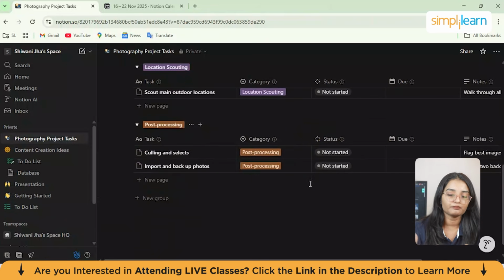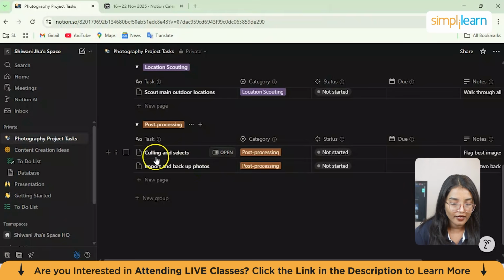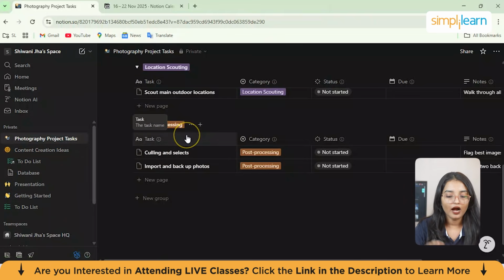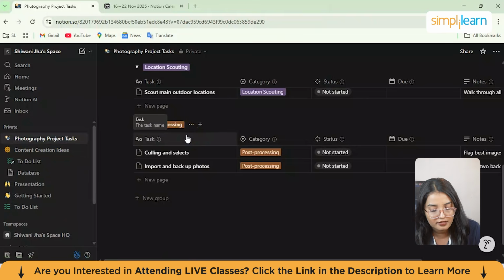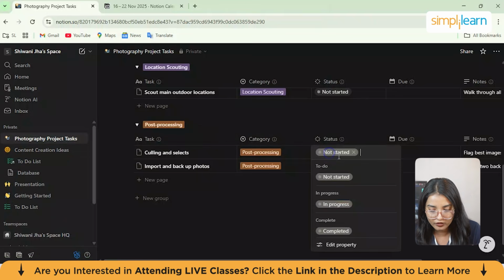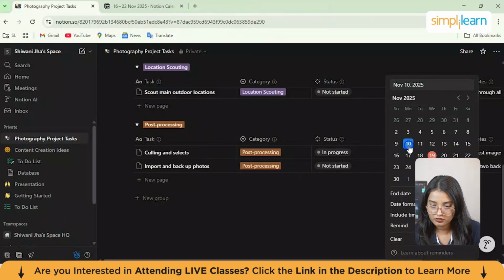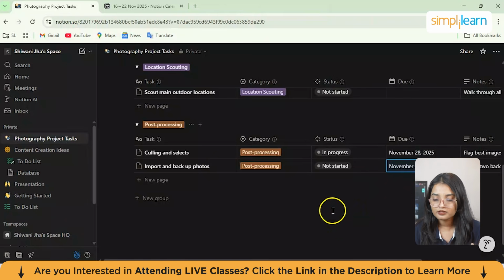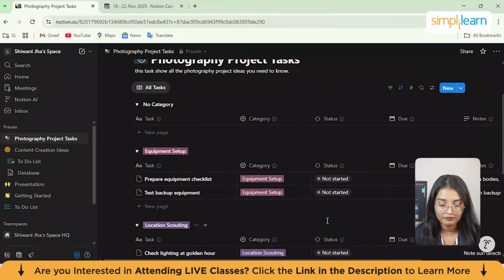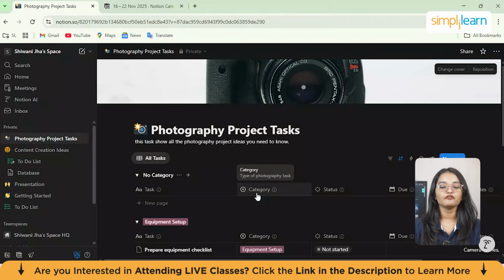If you want to add any particular data by yourself, you can just go back to AI and ask it to add this category for this particular task, or mark the status as done. We can also do that manually. Maybe if it's in progress, you can add due dates from here, let's suppose the 23rd of November. You can add it here as well, 30th. Now, this is how your task management would look like. So for a marketing expert, for content creation ideas, this AI tool is amazing for you.